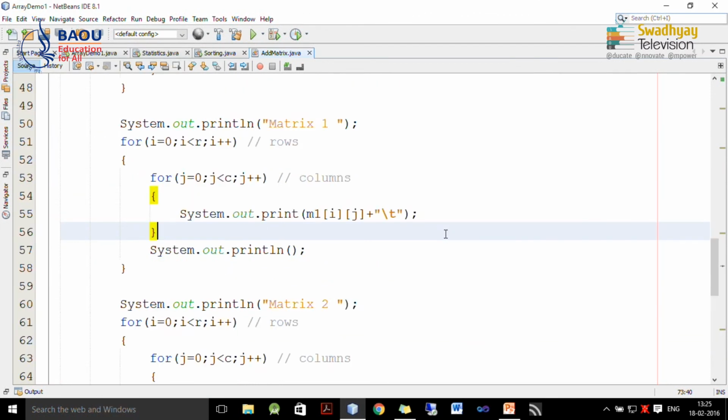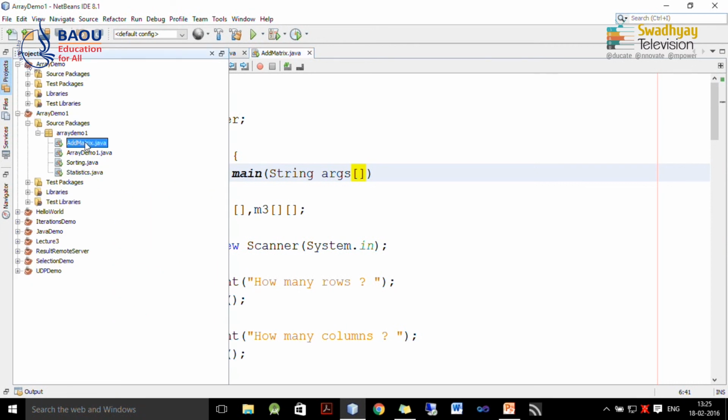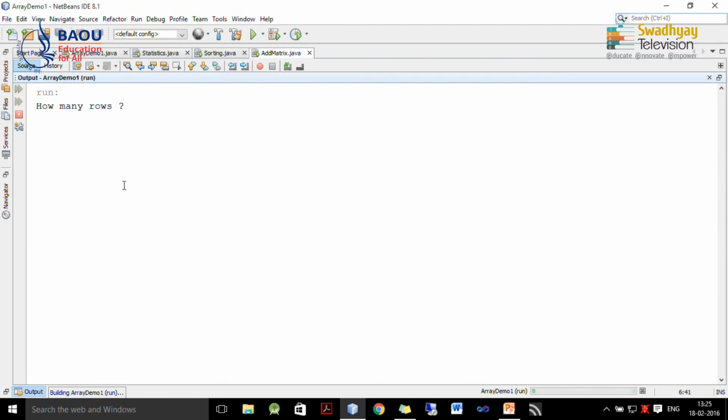So, there should be a problem in main. Here we have to specify array of string instead of string. So, that was the problem. Now, we run this file. So, how many rows? We want to add matrices with 3 rows and 2 columns.